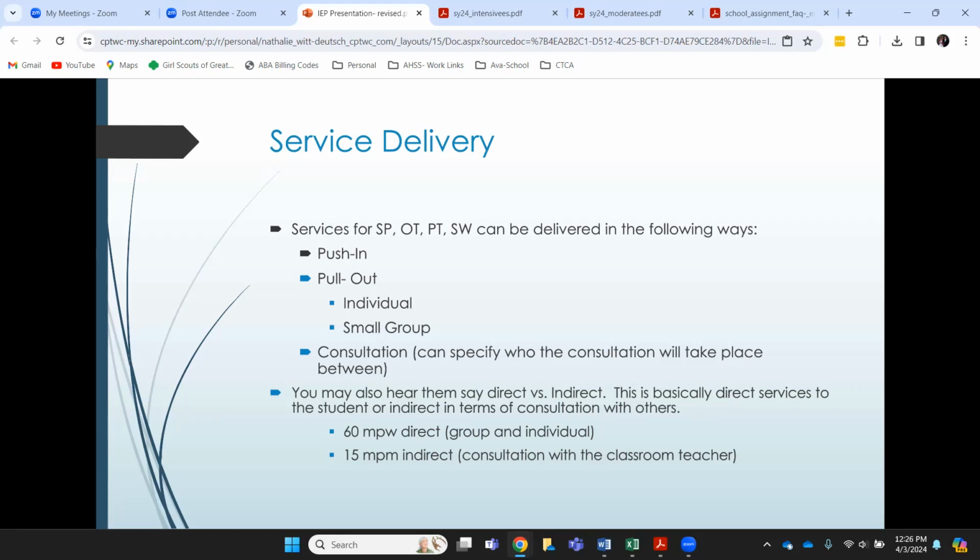They could be pushed into the classroom. The child could be pulled out, individually or in a small group. And then there's consultation. When you're providing consultation, you need to specify who the consultation is with and how many minutes it is, so that it's clear. Like, I'm going to have 15 minutes per week of consultation with the teacher, or the OT and speech are going to consult together 15 minutes per month with regards to executive function goals or something like that. So it's clear what the consultation is going to be about